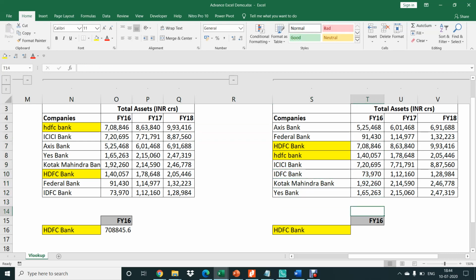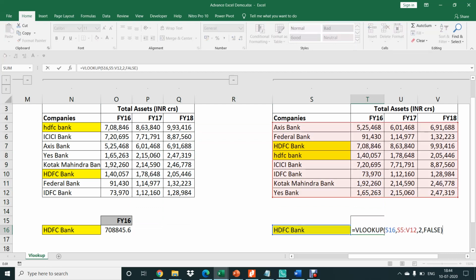Now, in this case, if I want to pull out the second value, let's see what happens here. After doing a sort, I use a VLOOKUP. Again, you are seeing right now, it is taking up the first value. So in this case, if I want to pull out the second value, now this can be only done after sorting. If you do it without sorting, it can't be done.